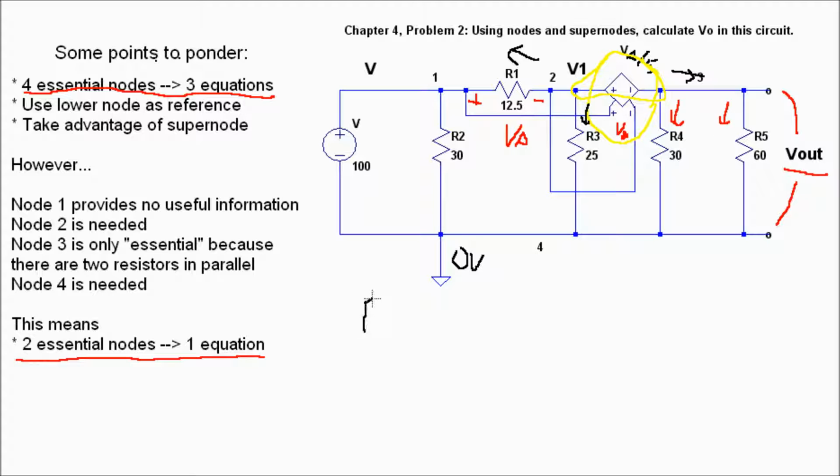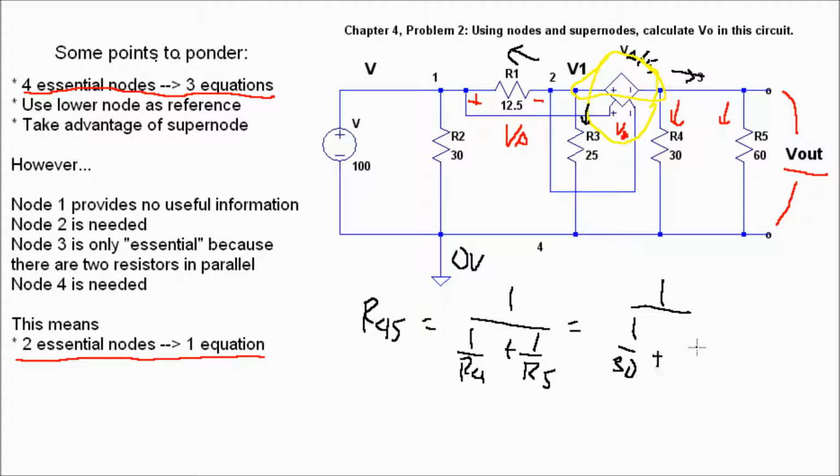So we're going to call this R45, our new resistor, which is equal to 1 over (1 over R4 plus 1 over R5). And that is equal to, with the numbers, 1 over (1 over 30 plus 1 over 60). Then we're going to multiply this by 60 over 60 to get a nice number, and what we're going to end up with is 60 over,